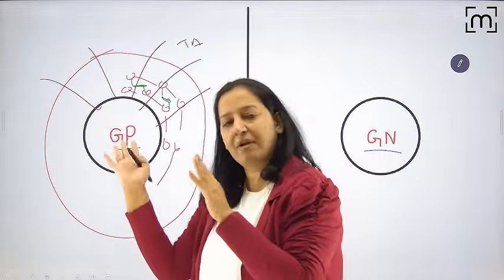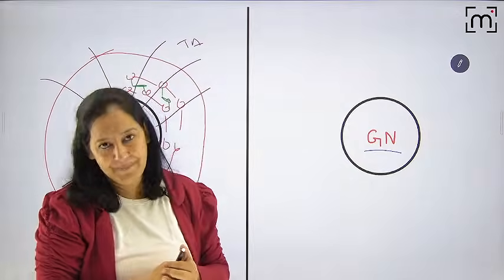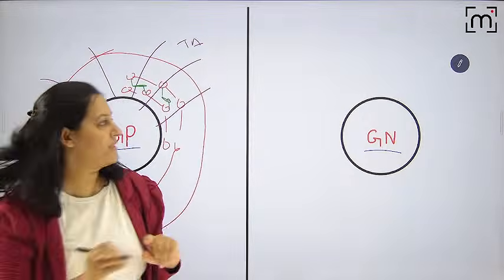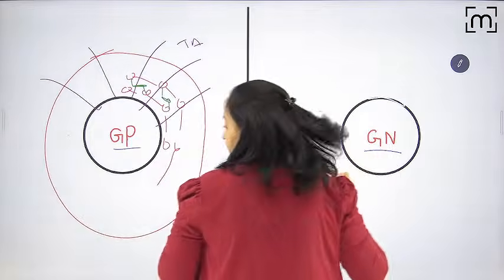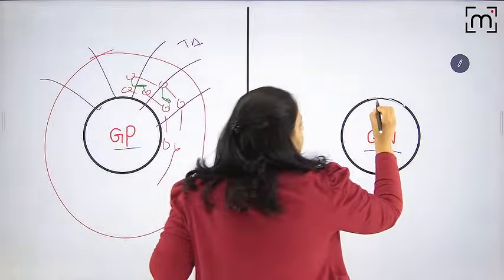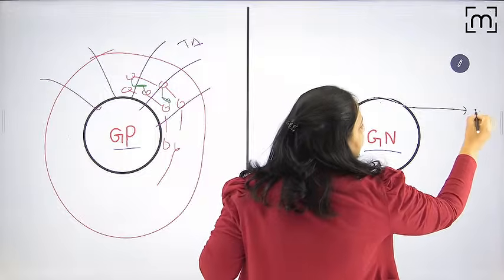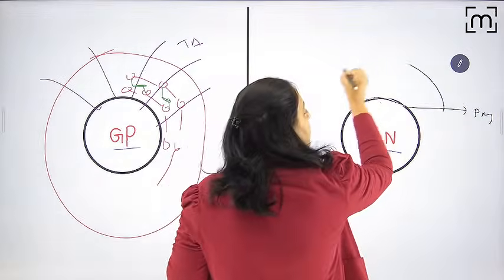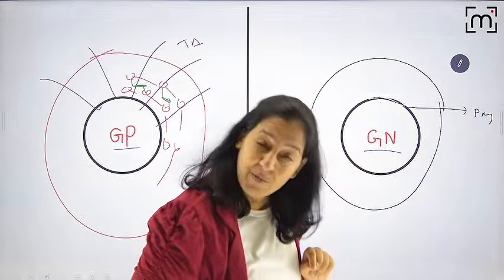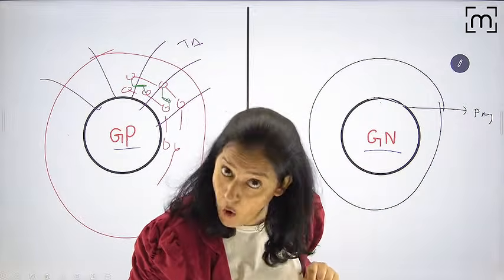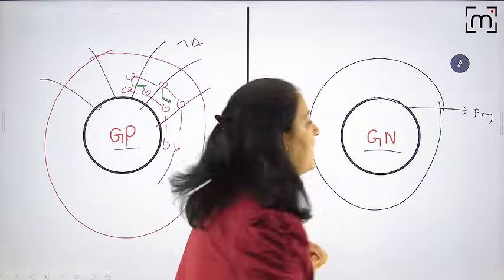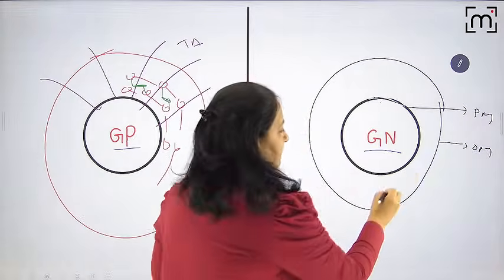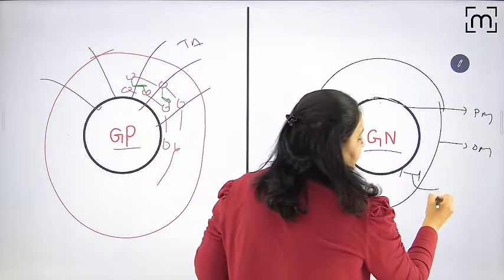Now let me come to the gram-negative cell wall. Listen, people, listen. What I told you, what is this? See ma'am, this is the cell membrane, the plasma membrane. In the cell wall of gram-negative, there is one more plasma membrane, and that is known as the outer membrane. The space between the two is known as the periplasmic space.